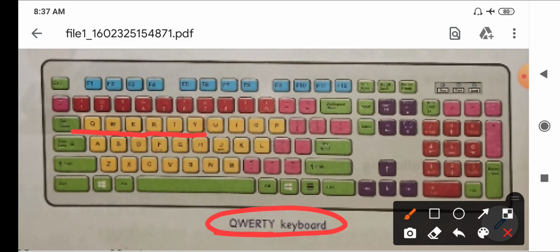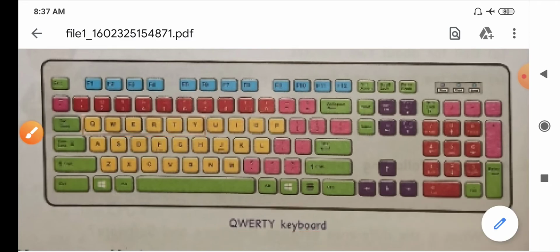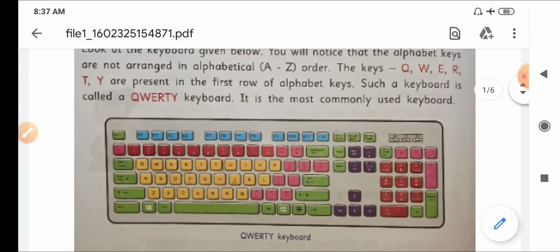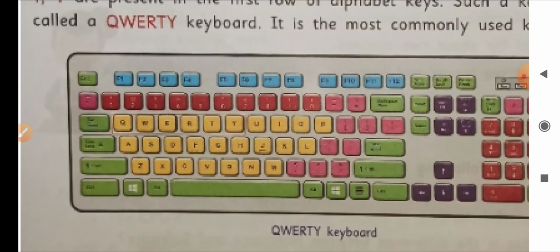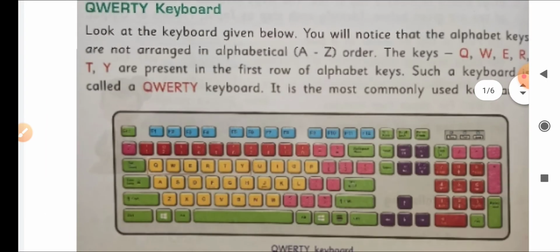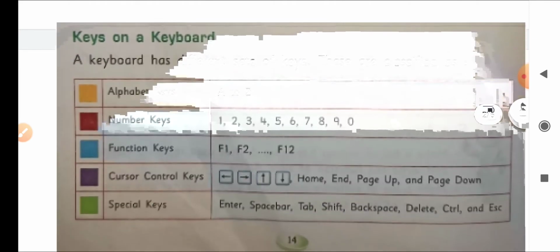This is a very common keyboard which we use to input data and instructions. In yellow color you can see there are alphabets. There are 26 alphabets, but these alphabets are not arranged in order. Now let us see more things.